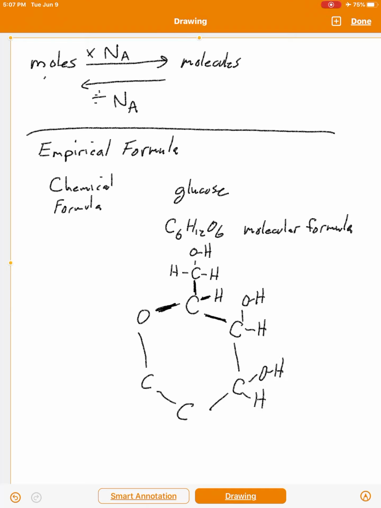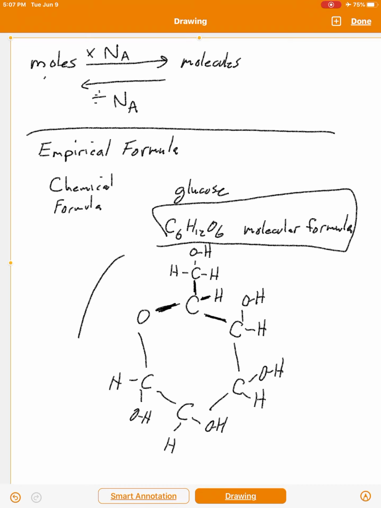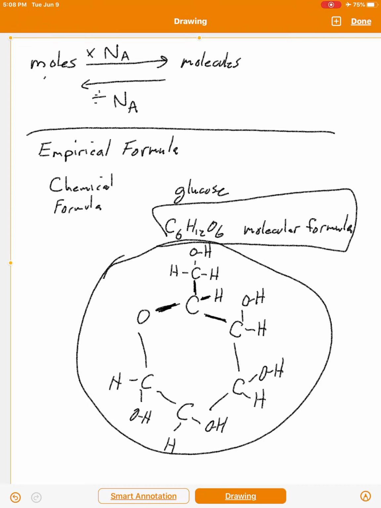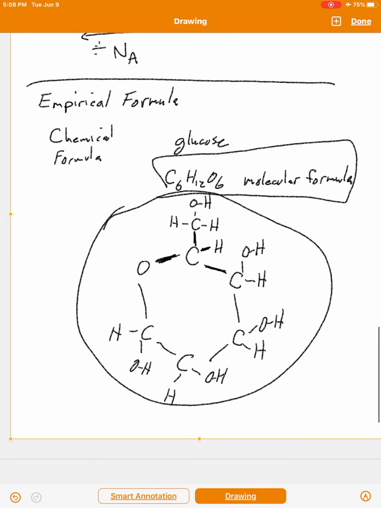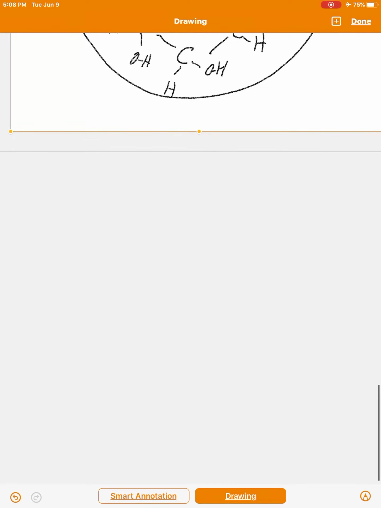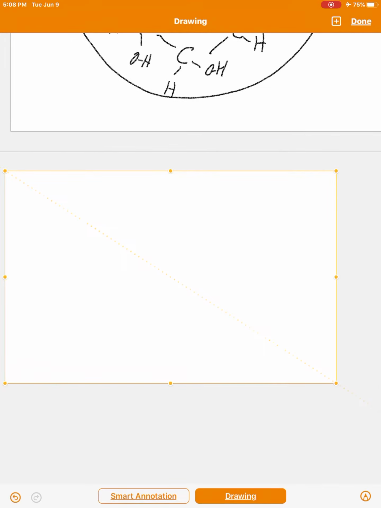Now, I'm not showing the three-dimensional chemistry here, the stereochemistry we call it. It's too complicated for this discussion, and it's not simple. But essentially, this would be another way of representing glucose. It shows the bonding, the arrangement of atoms that are in this molecule. But the molecular formula is the main point here. This is called the molecular formula. One molecule of this substance has that formula. But if we distill this molecular formula even more simply, mathematically,